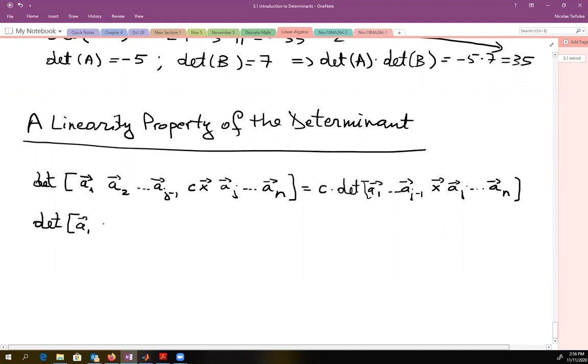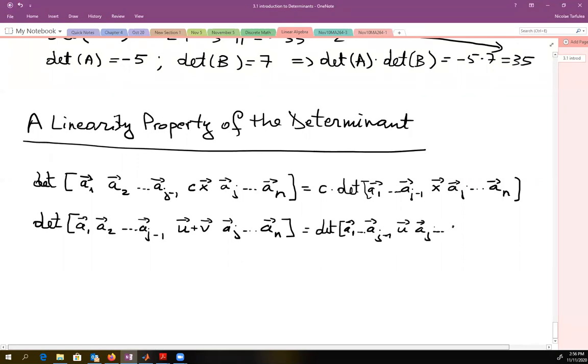Okay, and the other part of this linearity property is this one, that the determinant of A1, A2, up to aj minus 1, and let's say here on the jth column, you have u plus v, then aj plus 1, up to an, this equals the determinant of a1, up to aj minus 1, u, aj plus 1, up to an,